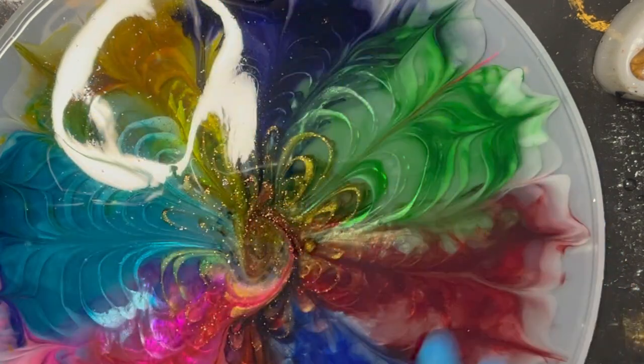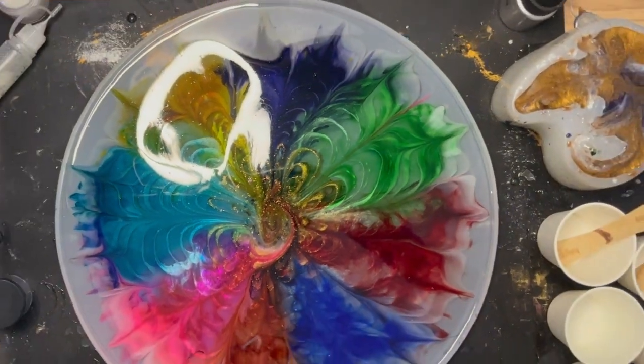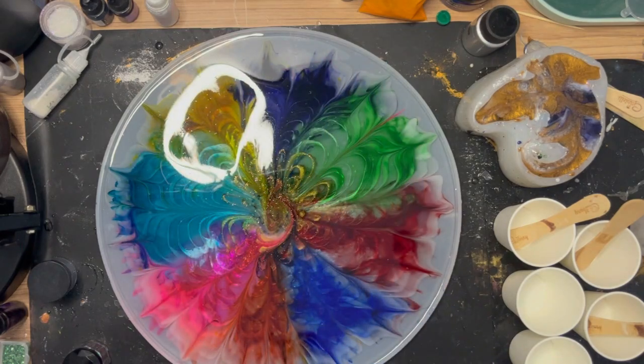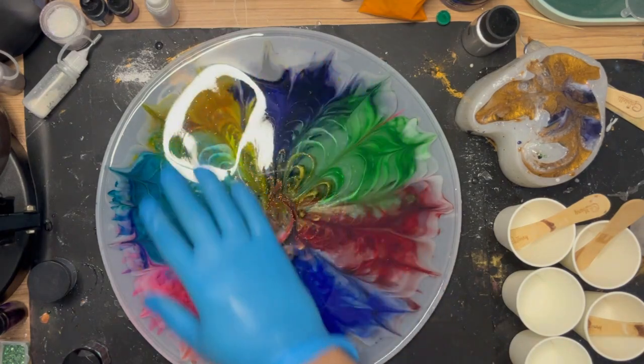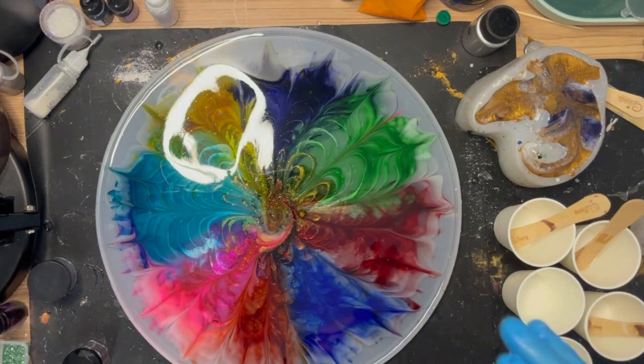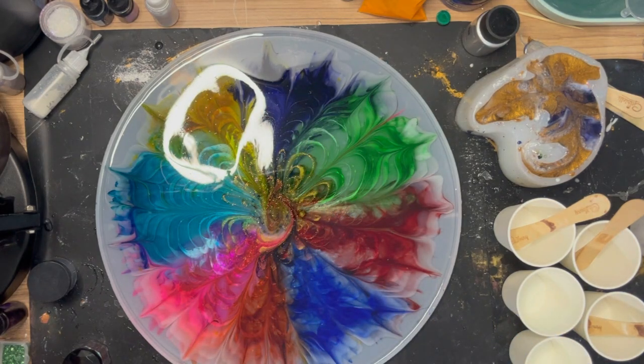But what I want to do is give it a nice backing as well, so that hopefully we'll get some kind of result on both sides, and I can use this as a piece of art, or as a tray, or whatever. But I think it will look amazing on a wall. Just the way that it's already bloomed and those colours, I really like it. So all I've done is I've just mixed up 10 ounces of resin, because I think it will need another 10 ounces. So in this mould, which is 1 foot across,